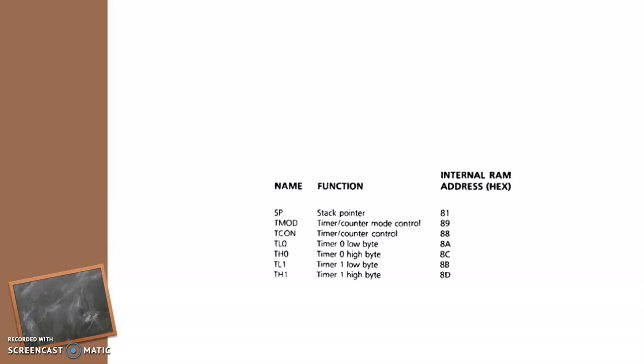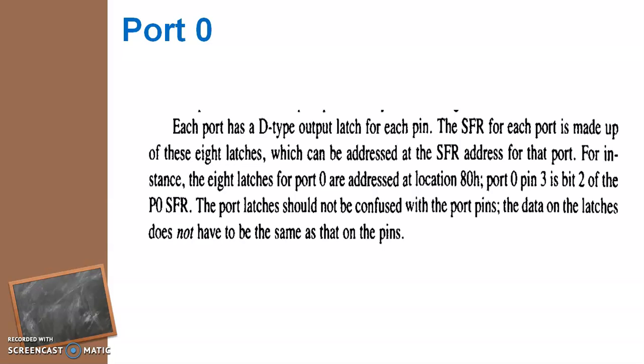Next let me see about the ports, the port pins, and how they could be configured. In 8051, most of the ports are multiplexed ports apart from port 1, so they are programmable. We can configure them to work as an input port or as an output port. They have a special D-type latch, and we know that the ports are bit addressable. We should not get confused between the port latches and port pins. Each of the port pins will have a latch.